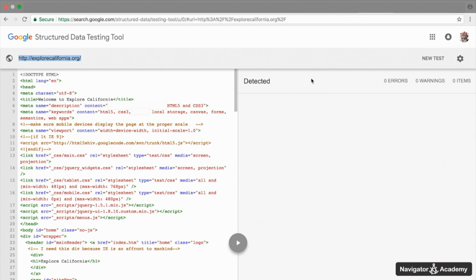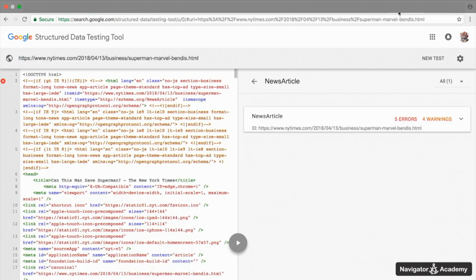Here, we can see that Google has not detected anything. This indicates that I might want to add structured data to help improve my SEO. To show you what it looks like when there is information, I went ahead and ran this search on a